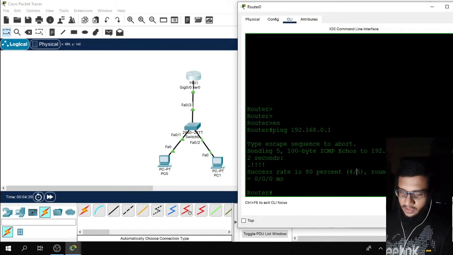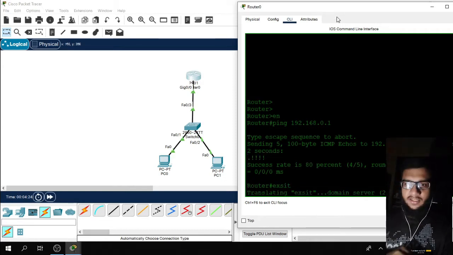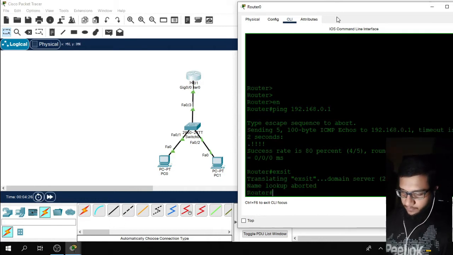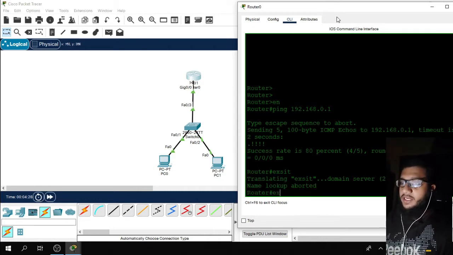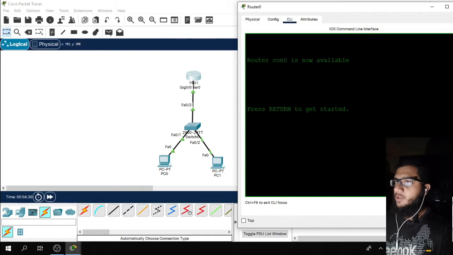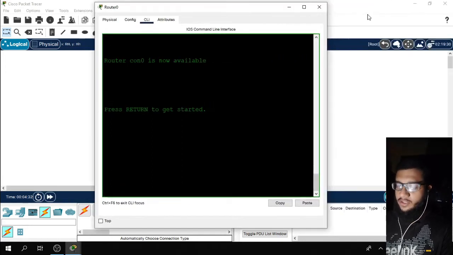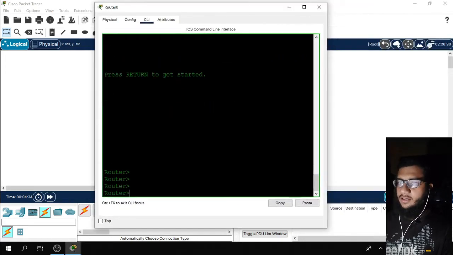Now I'll configure this router for telnet. Configure terminal.